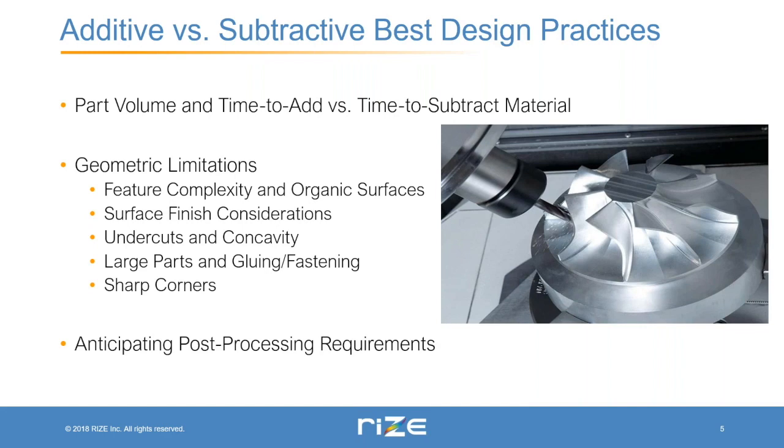So now I'll be directly comparing some of the best design practices for additive versus subtractive. So one of the things to consider is the part volume and time to add versus time to subtract material. So as I mentioned, additive manufacturing will start with nothing and build the product from an empty build plate, whereas subtractive will start with a stock block and remove material. So because of this,